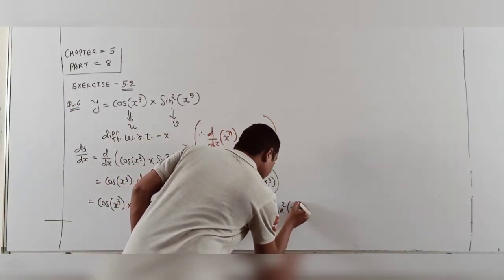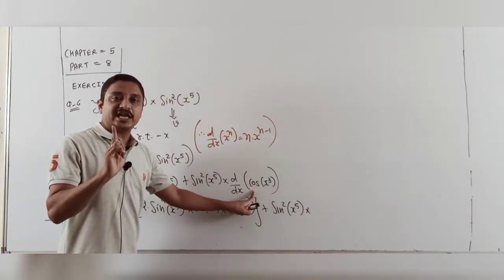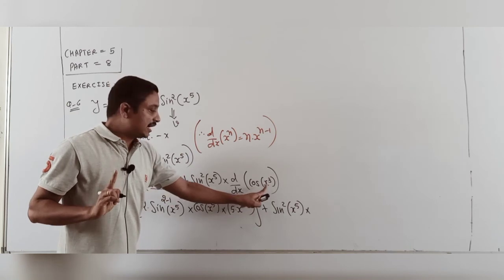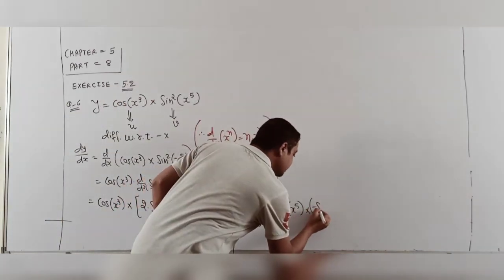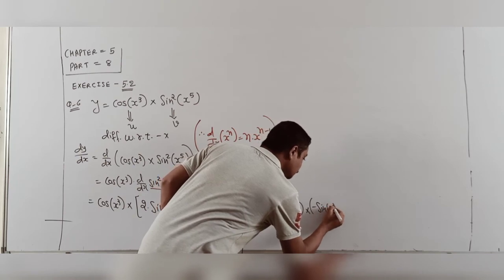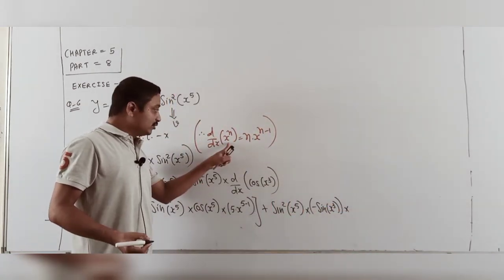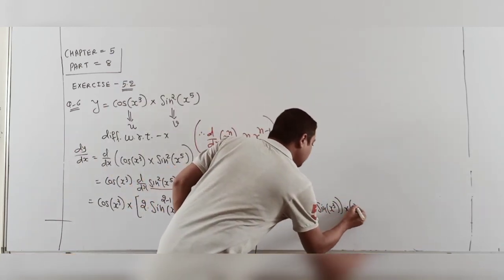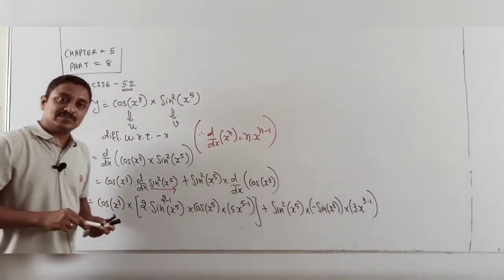square x raised to 5 into now this derivative. So students, here first I ask about cos derivative. After that x raised to 3. Cos derivative is minus sin into now x raised to 3 derivative. Students, according to this one, it is 3 x raised to 3 minus 1.